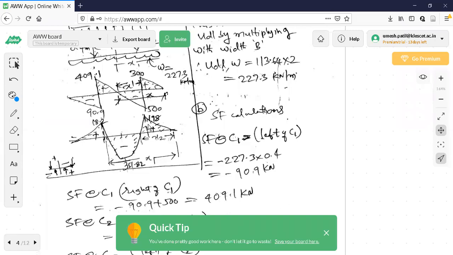But in real life, I will be calculating steel for this value, and for this value separately. Then I will provide the reinforcement at appropriate locations. But in the exam, don't do that. Take the higher of these two, multiply that by 1.5. For that value, calculate AST2. Just observe here.